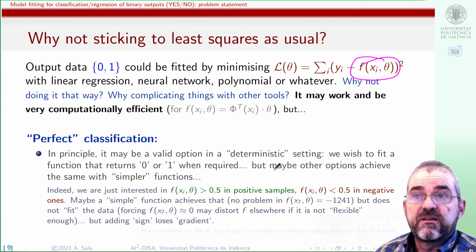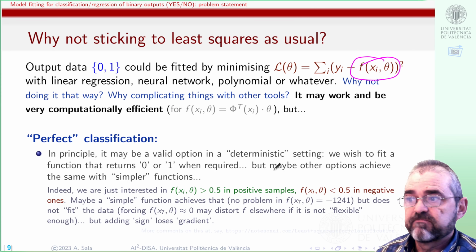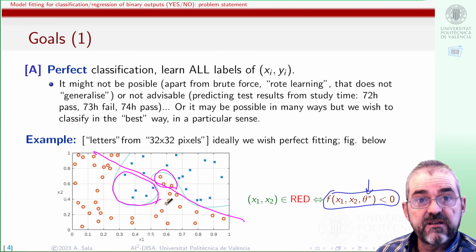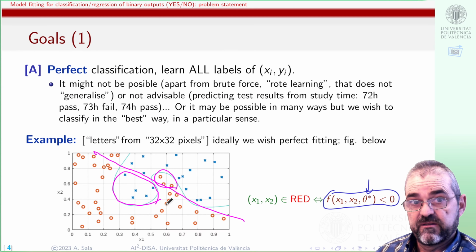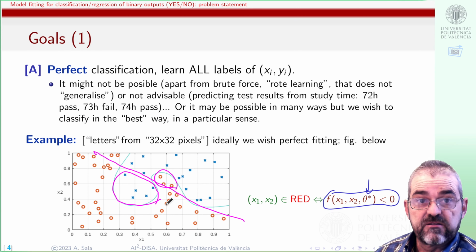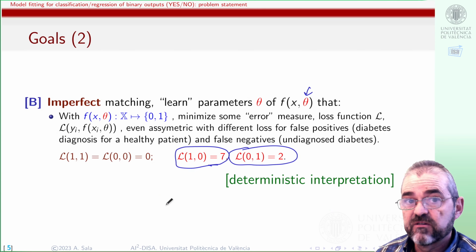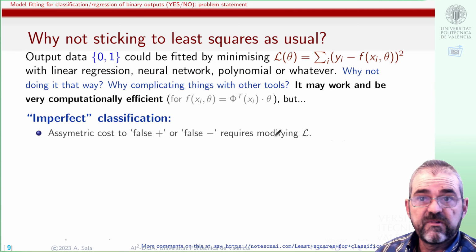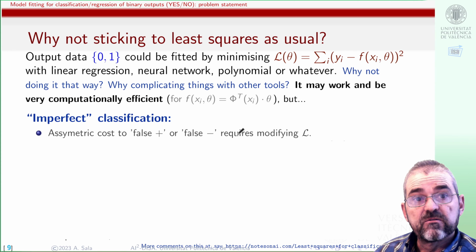And then when we deal with imperfect classification, such as in here, least squares is a symmetric cost index. 1 minus 0 squared is the same as 0 minus 1 squared. So we cannot implement this kind of asymmetric loss function. We would require modifying our loss function to be able to assign a different penalty to false positives or